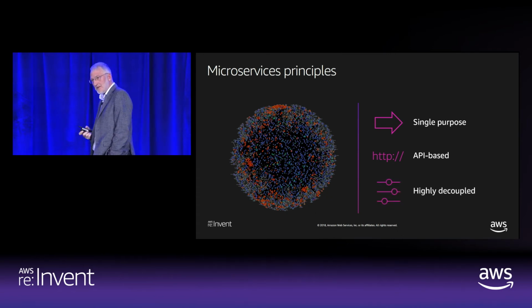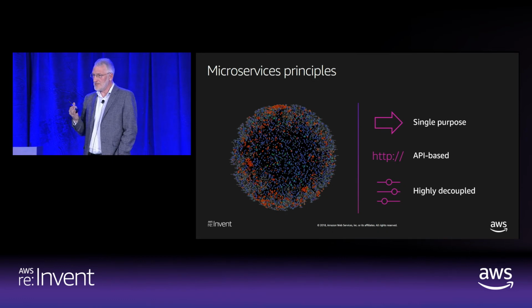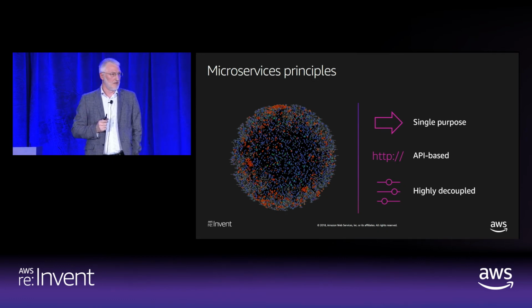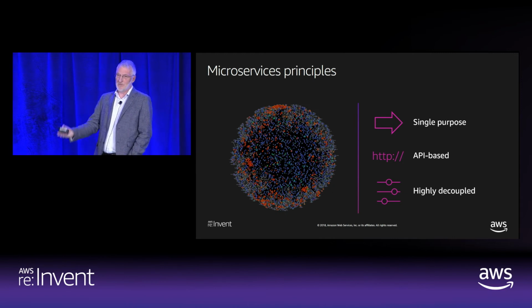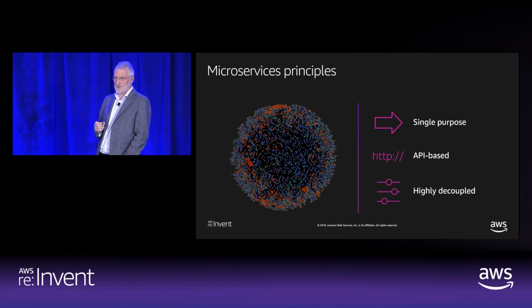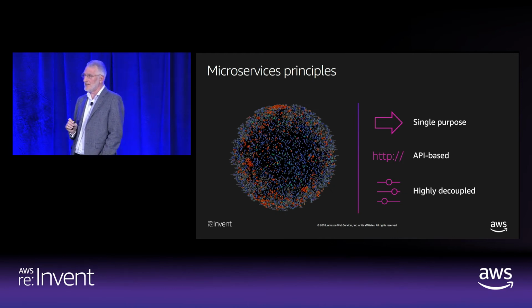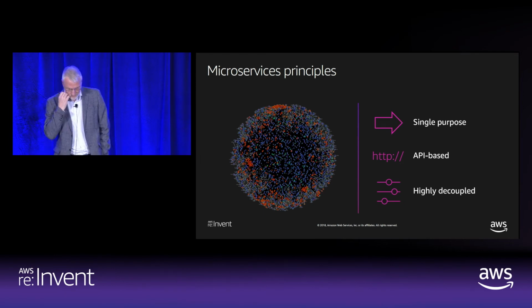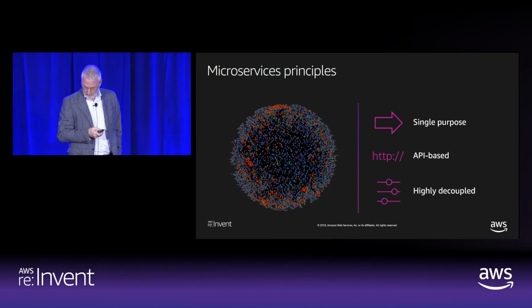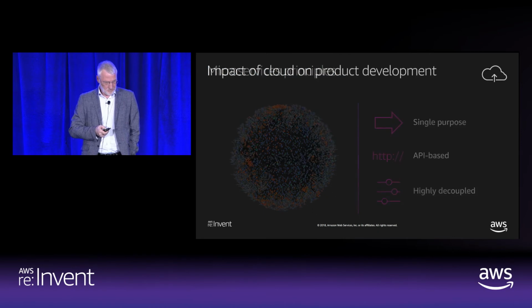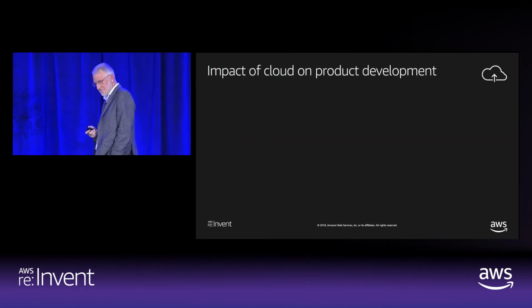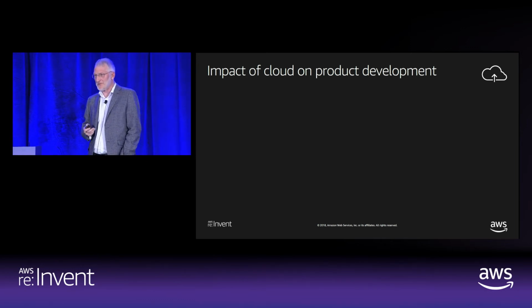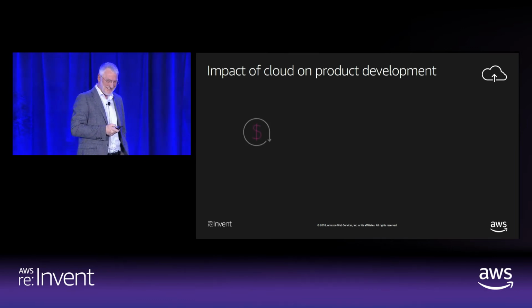And it winds up being an extremely decoupled architecture, which also gives resiliency, because if one of the components breaks, it doesn't take down the whole monolith. It just takes down that one microservice. So you can actually build resiliency in through this architecture. I have more to say about microservices, but I'm going to keep going.